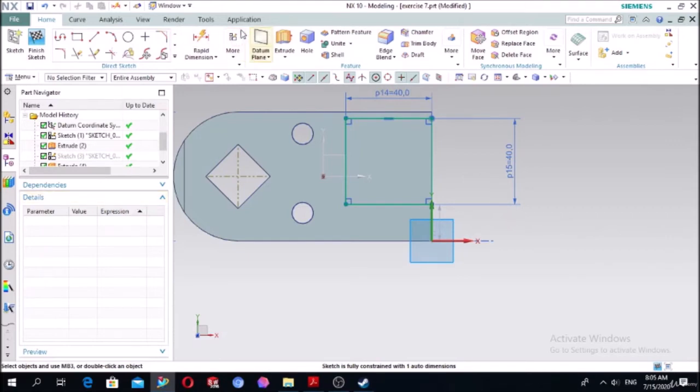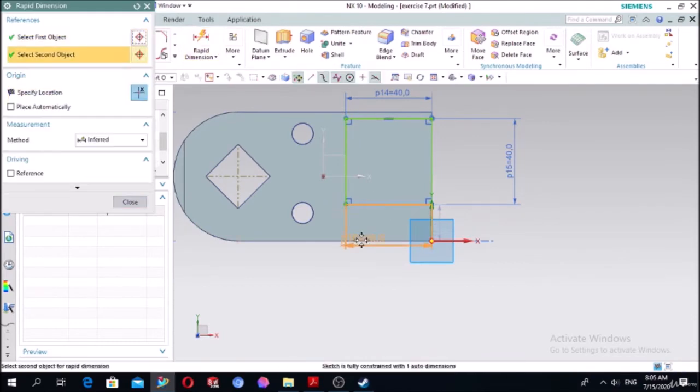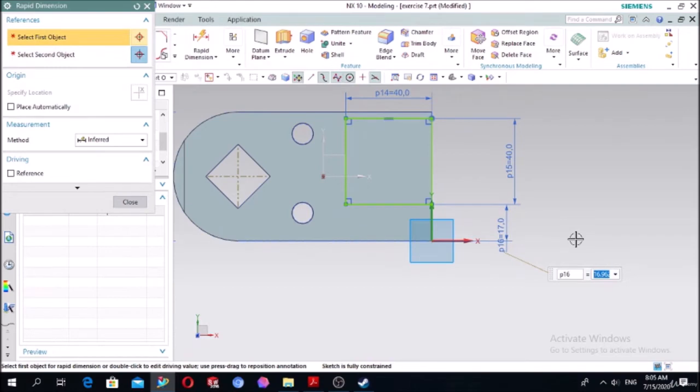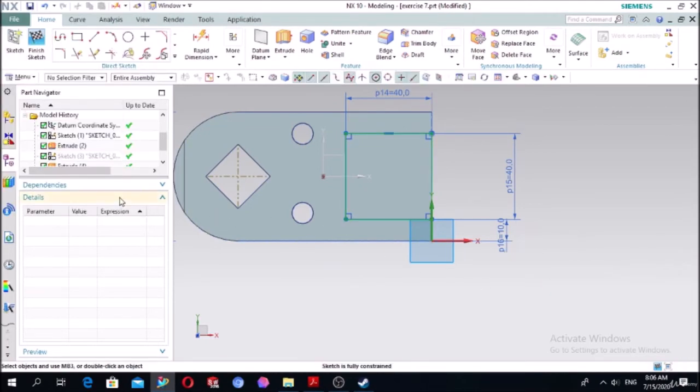And make the distance this and this. This distance is 60 and this is the 40 and the 10. Make it 10, not to make it symmetric. Press OK